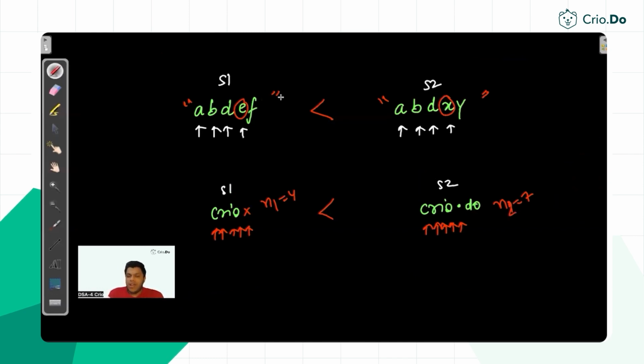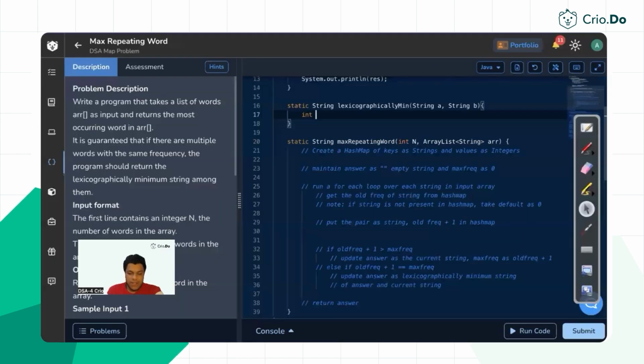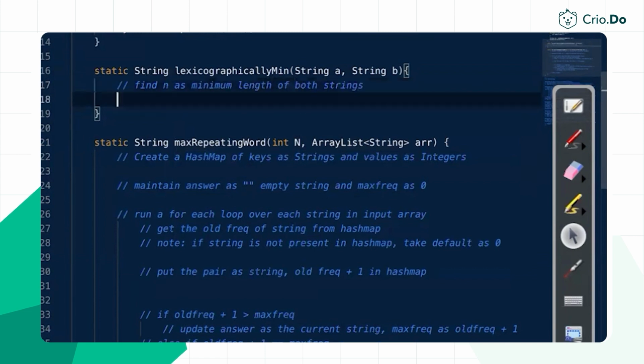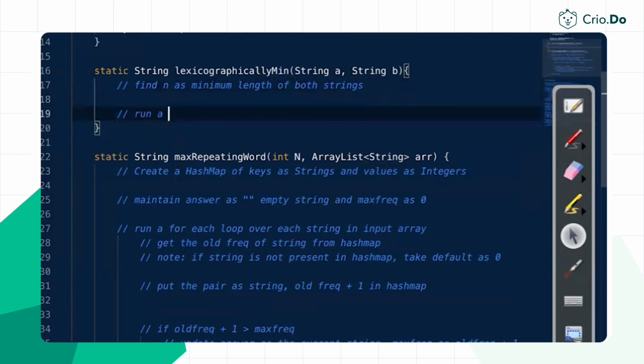This is n2. However, if both strings are of same length, then we can run the loop till that length itself. So find the minimum length by doing what? Taking the minimum of, we will say, find n as minimum length of both strings. And once we have found the minimum, now we will run an index based for loop